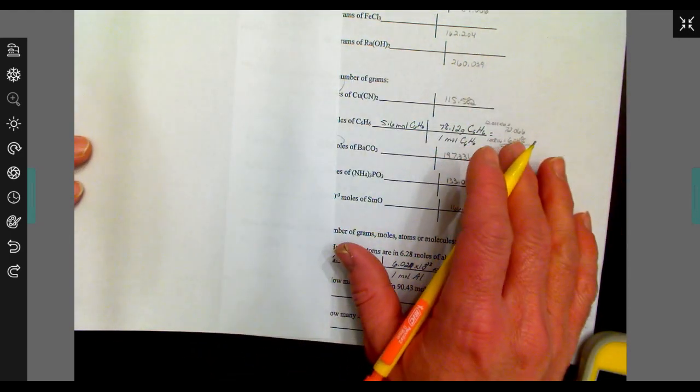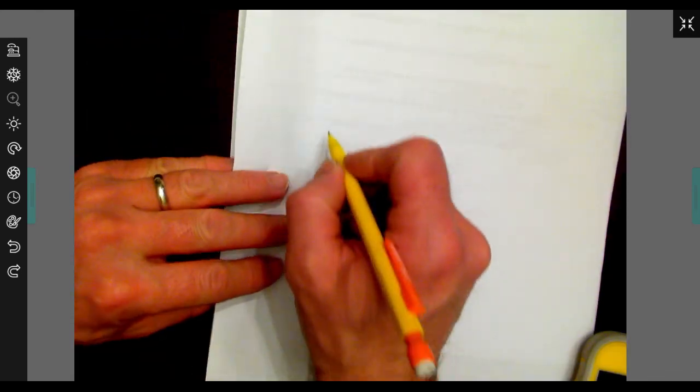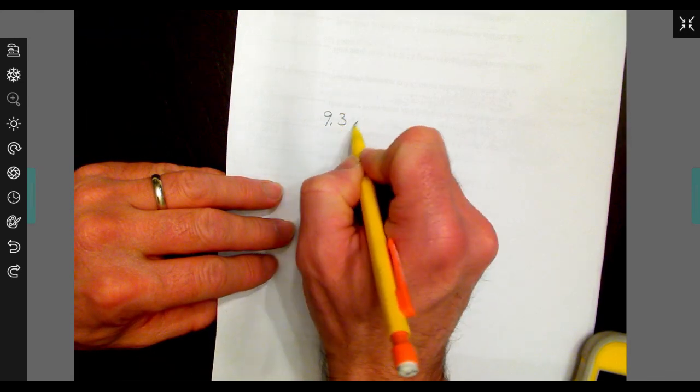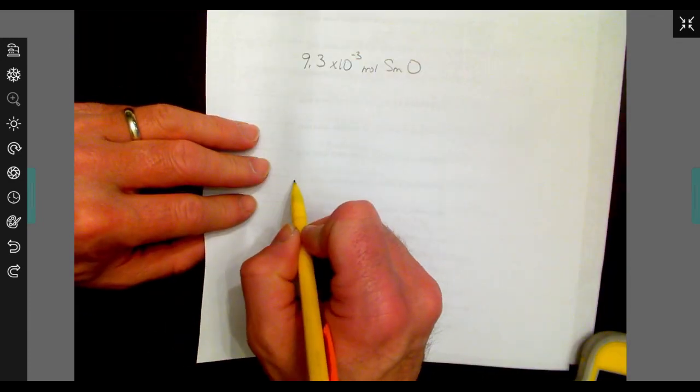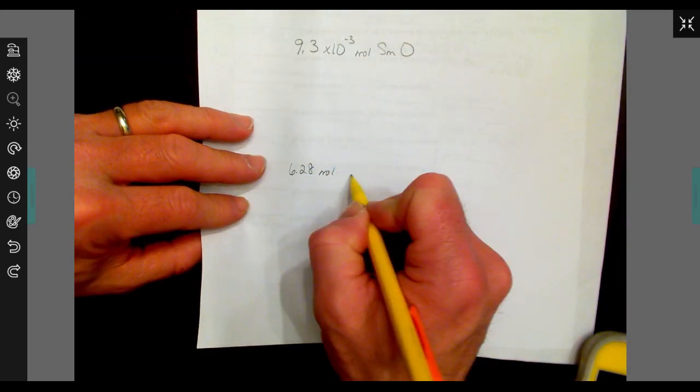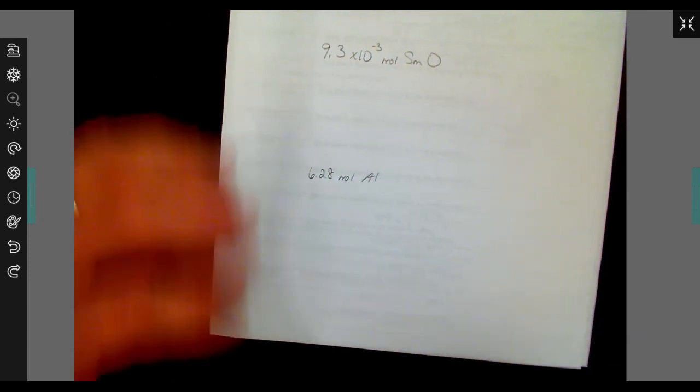at least the one nice thing about it is, let me go ahead and reduplicate. This was a rough draft worksheet where I had to make some corrections before I printed off my new one. So it's got a lot of stuff on here. So I'm going to just redo the problem. 9.3 times 10 to the negative 3 moles of SmO. That's one of them. And then we have another one, which is 6.28 moles of aluminum. Okay, so if you have an iPhone,